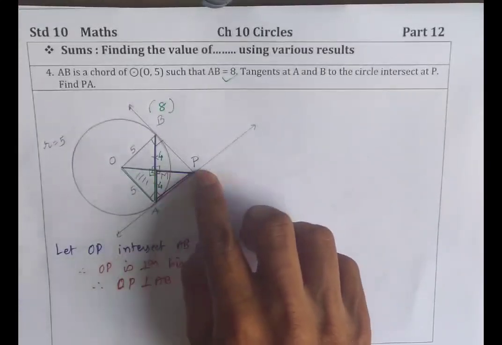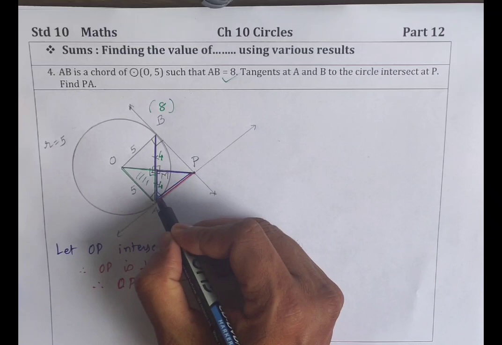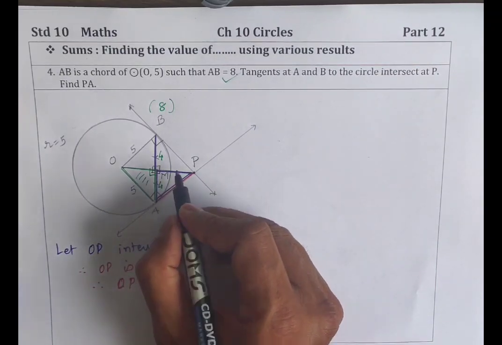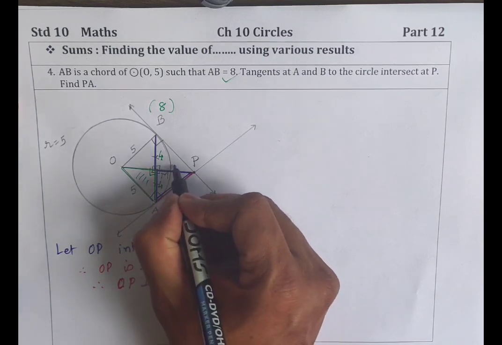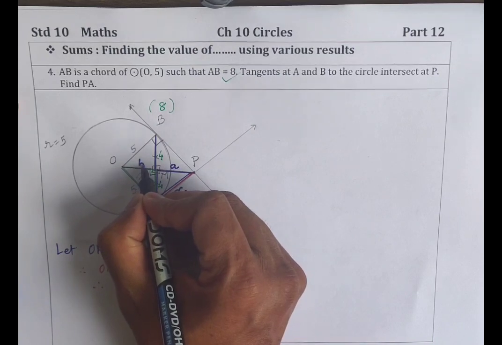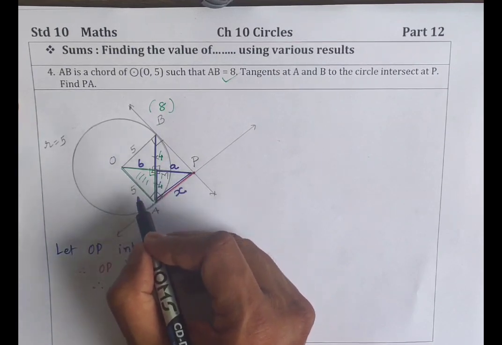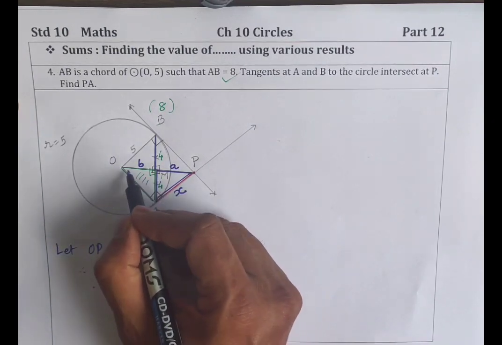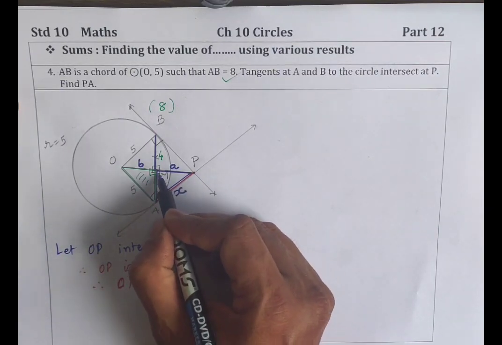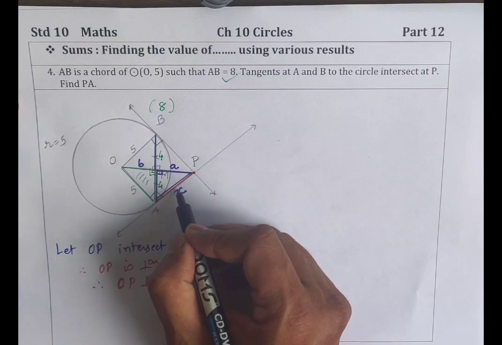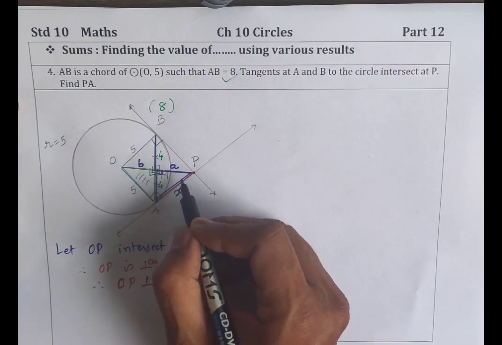Alright, triangle APM. Correct, children? Okay. Now, in that, only one side is known. Correct? This side is not known. So, what we want to find, that PA, I'm going to call it X. This, let me say small a. This, let me call it small b. Alright? Okay. In green triangle, one side is 5, the other side is 4. The unknown side I've called B. In this second blue right triangle, one side which we have to find, I called it X. The other side 4, we got it, how we know now. And the third side is unknown.